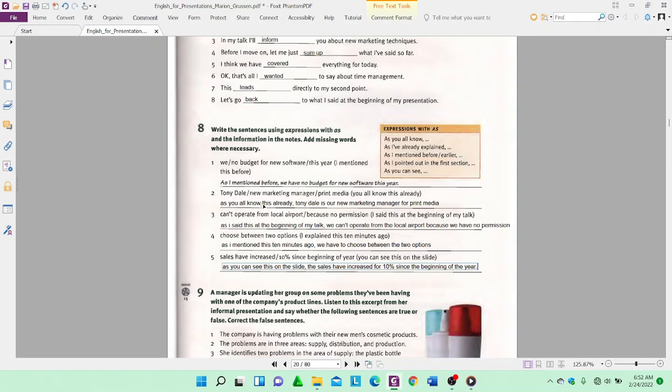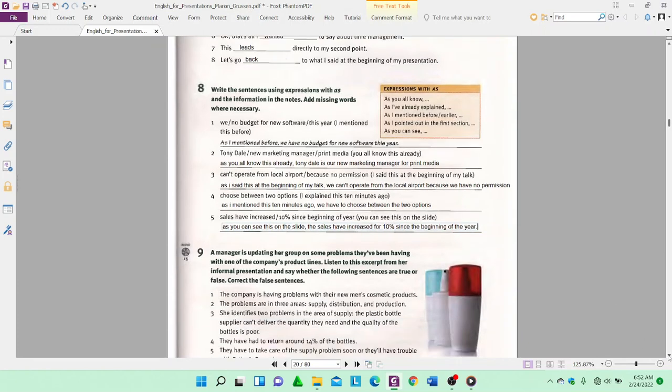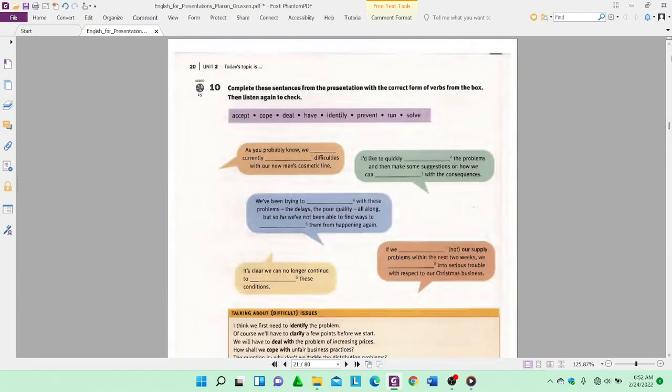As you all know, no ya, this already, ini pakai present. Oke? Jadi tergantung apa yang ingin disampaikan. Kalau menyampaikan sesuatu yang di lampau pakai bentuknya past. Right. Oke ya? Good. Let's continue our activity. Okay. Right.